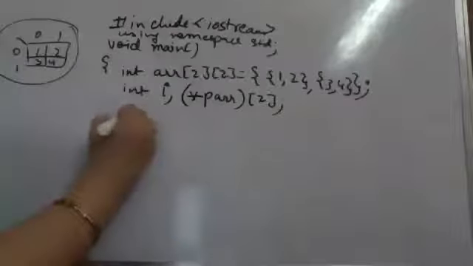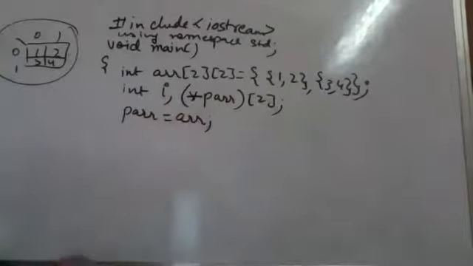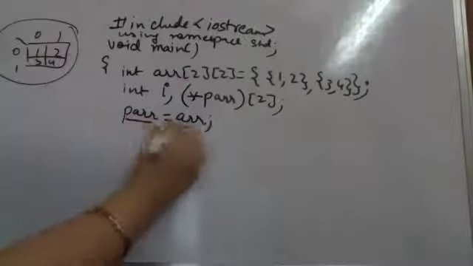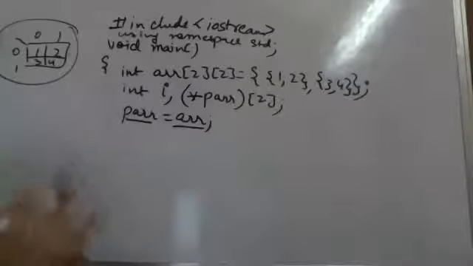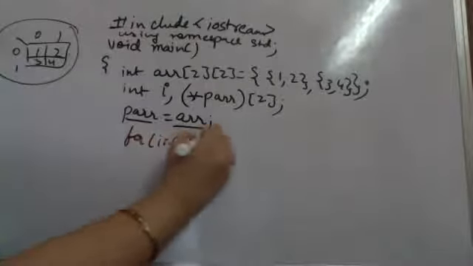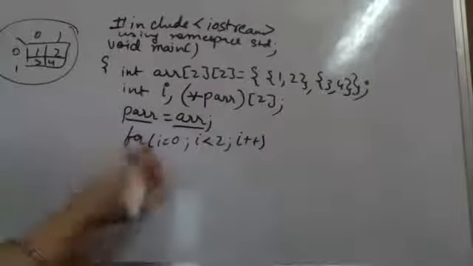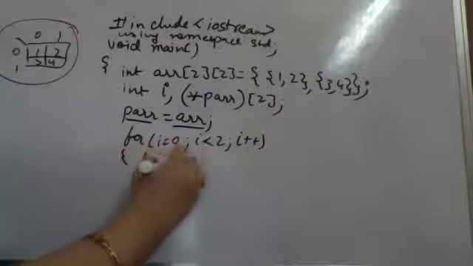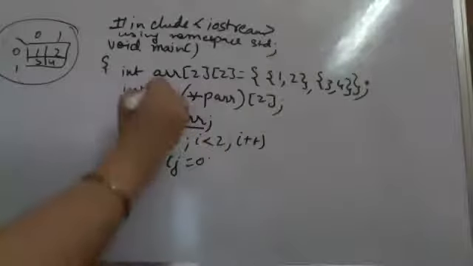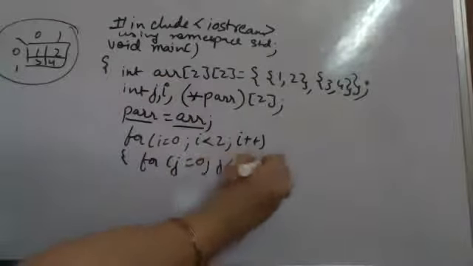Okay? Now I am saying that the pointer to this array is equal to the base address of my double dimensional array. And I am trying to access the double dimensional array using the pointer to the array. This is my pointer to this array of integers. Okay? So I am taking my for loop, i is 0, i is less than 2, and i plus plus. Since it's a double dimensional array, I will have to use j equal to 0. I also have a j over here. j is less than 2 and j plus plus.